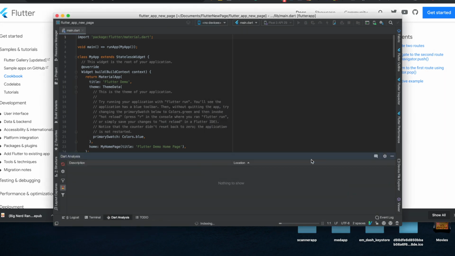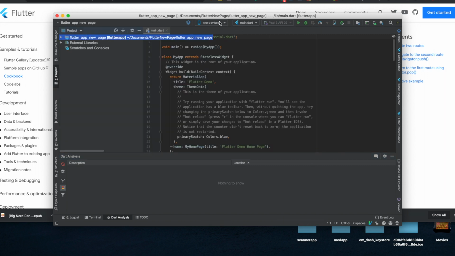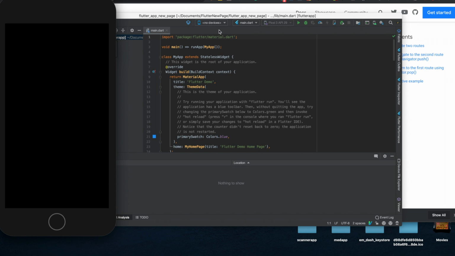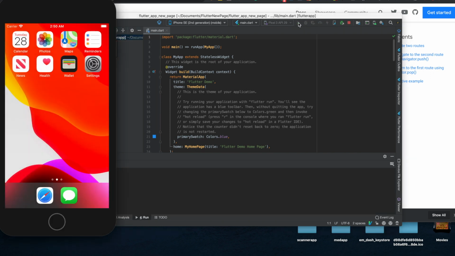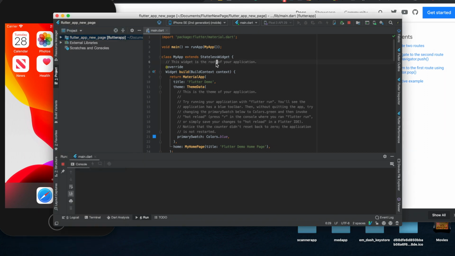All right, so it's real easy in Flutter. So we'll wait for it to load up a little bit. I'll just open the iOS simulator to get it up. Dang, it might take a while to build. I'll go ahead and build this, but I'll show you how to. Basically, we need to